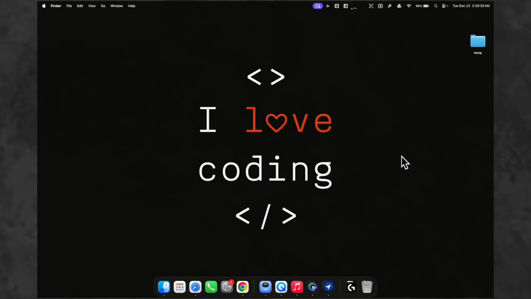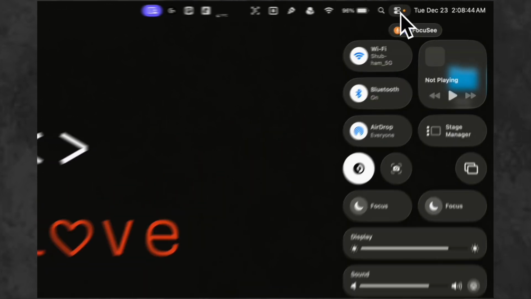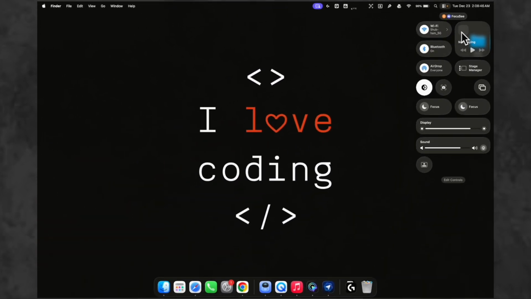So where can we find the Control Center option? That is available in the top right corner of the menu bar. So this is our top right menu bar and the Control Center is present right over here. Now we have a set of different options like Wi-Fi, Bluetooth, AirDrop, and multiple other options which we can directly use